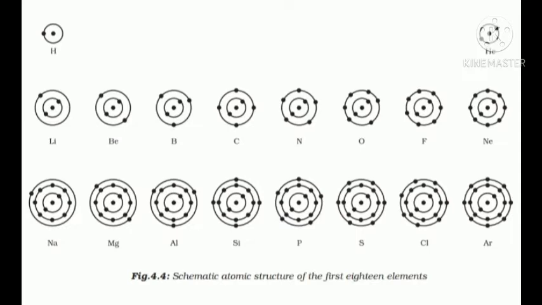Take another example, 17. Chlorine has the atomic number 17, so the number of electrons is 17. Distribution of electrons: first shell 2, second shell 8 and 7. Look at the schematic structure of Cl. At the center is the nucleus, around which the K shell is present. 2 electrons are in that shell. Then the next L shell contains 8 electrons. The remaining 7 are present in the M shell.